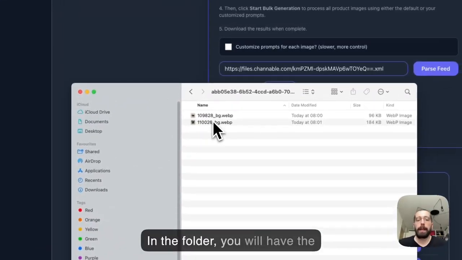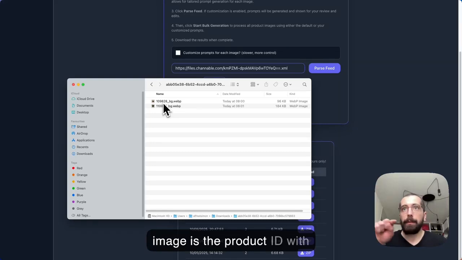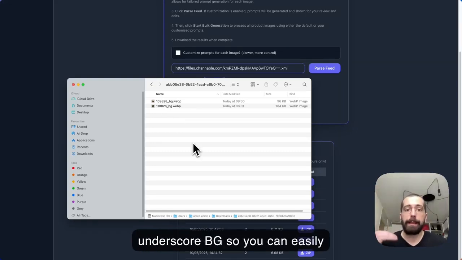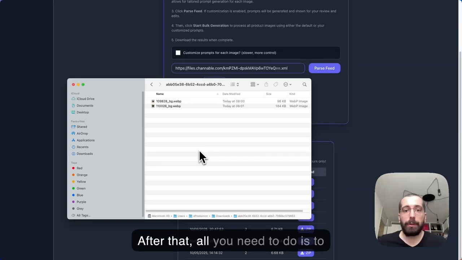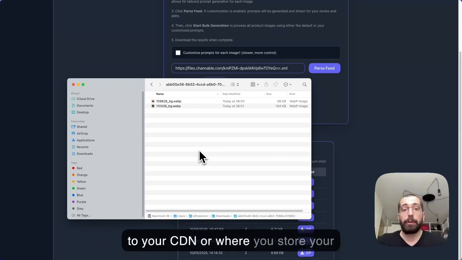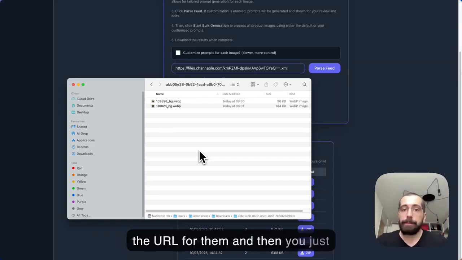In the folder, you will have the changed images. The name of the image is the product ID with _BG, so you can easily identify which product is which image. After that, all you need to do is to upload these newly generated images to your CDN, or where you store your images for your webshop. So you get the URL for them, and then you just need to add them to your store,